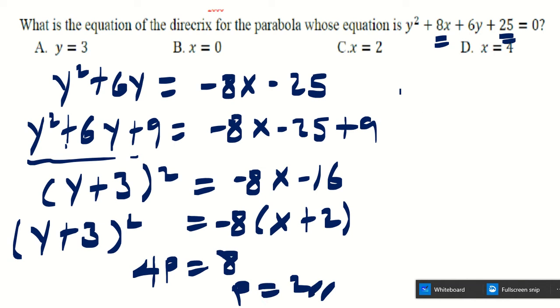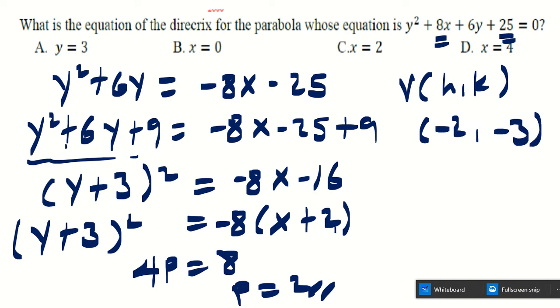We have the p value, and the vertex point which is h comma k, it is negative 2 comma negative 3. How do we know? The h will be the one which is with the x, as you see. If it's plus, you will take negative here. If it's minus, you will take positive. And the k is the one with the y, the 3, which is negative 3. Therefore, what's asked? The equation of the directrix. In case of a horizontal